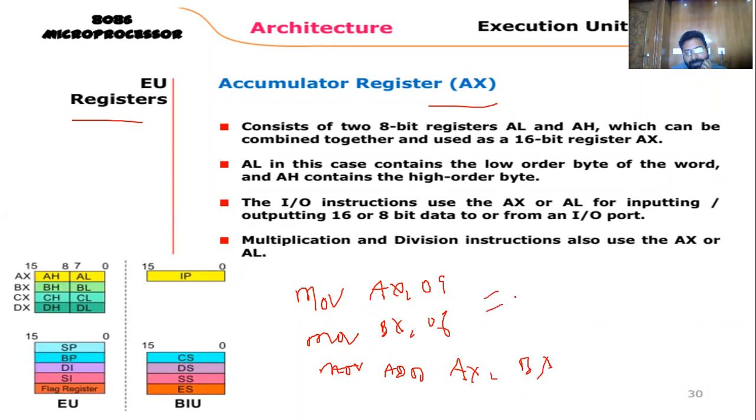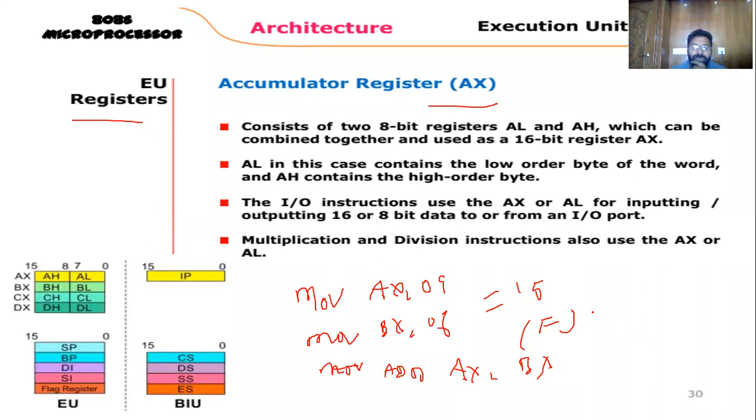So what is the answer of this one? F15 is nothing but the F. F is the answer, because the microprocessor shows the data only in hexadecimal. It can take the data in the hexadecimal format, and at the same time, it can use the information in the hexadecimal format.